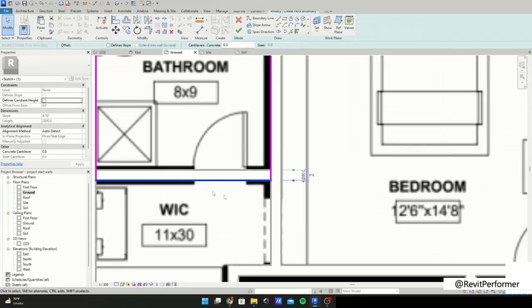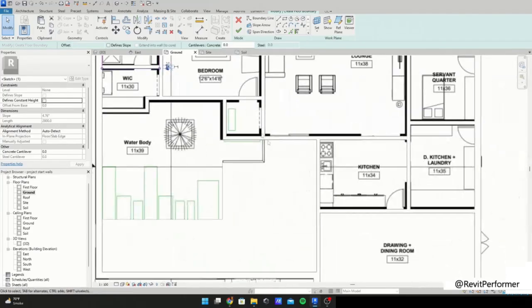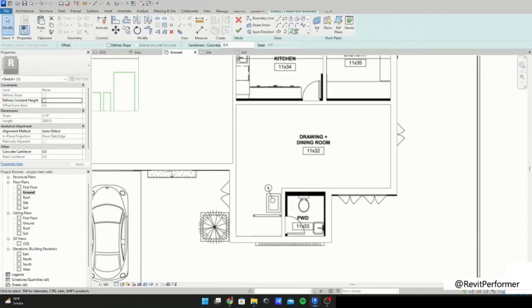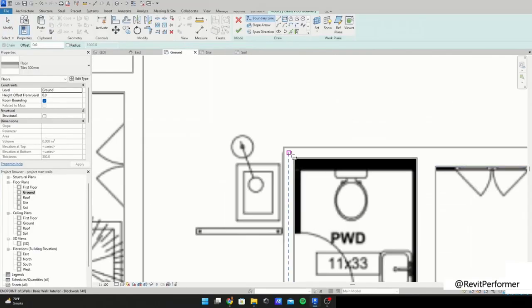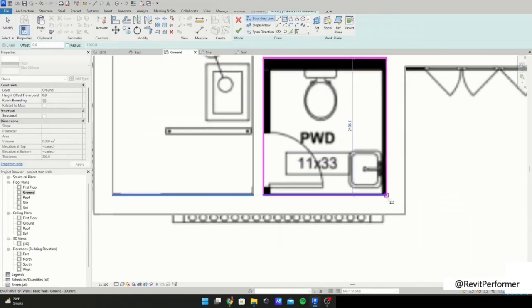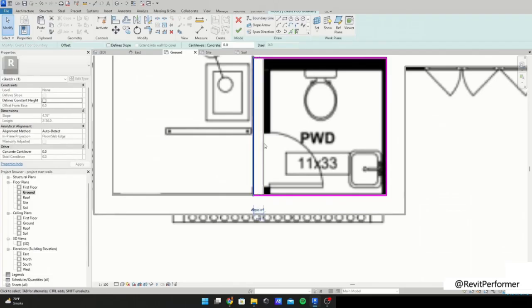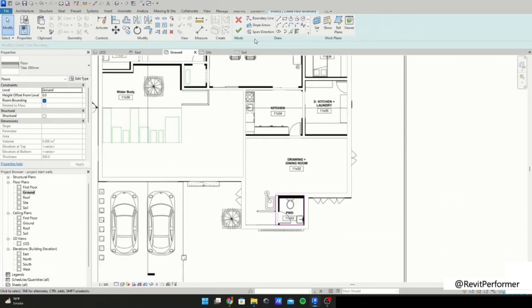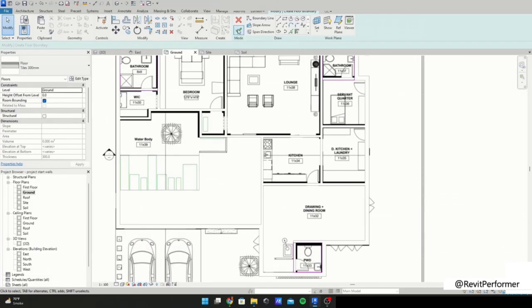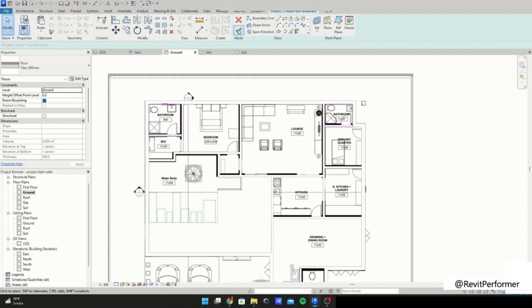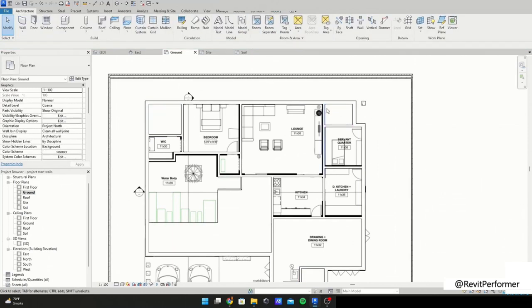We also have a powder room. I need tiles there as well, so I'll just do the same. And that's it. Click this green button to finish the operation. Just click here and they are done. You can further convert it into a finer size or whatever size you need.